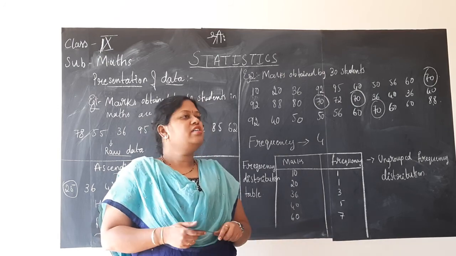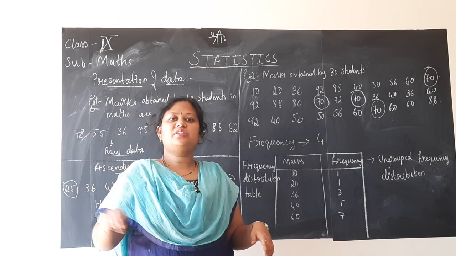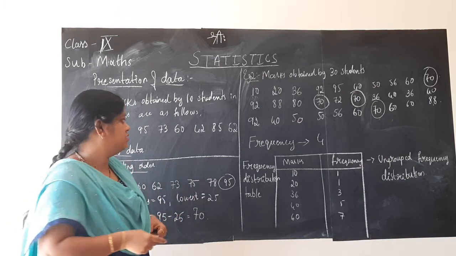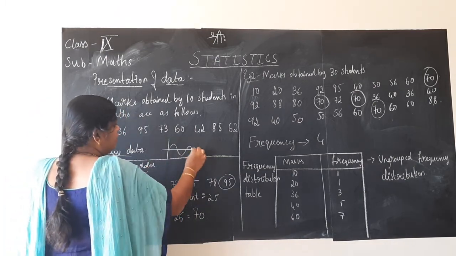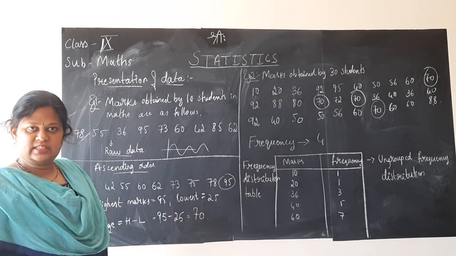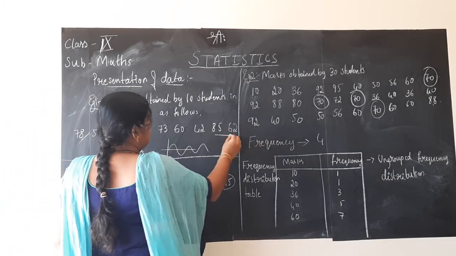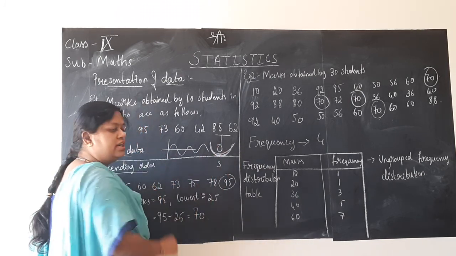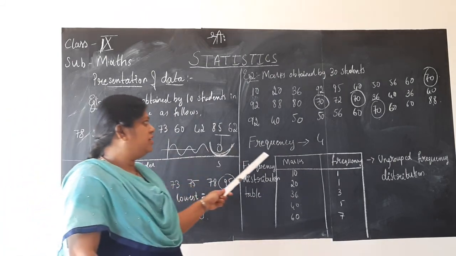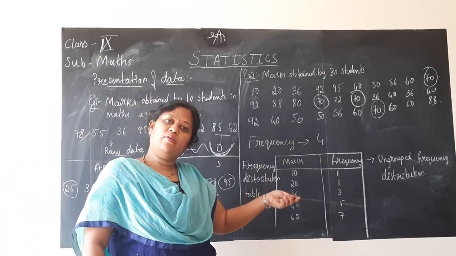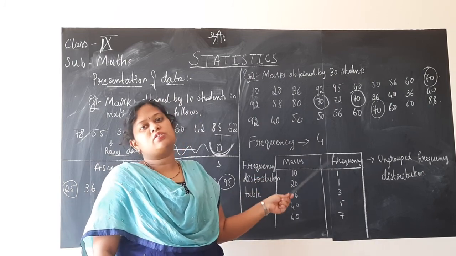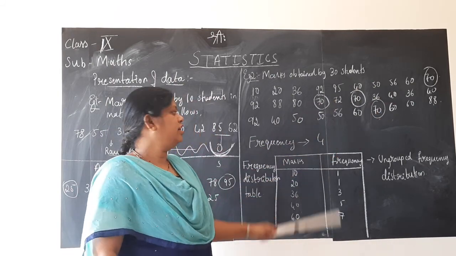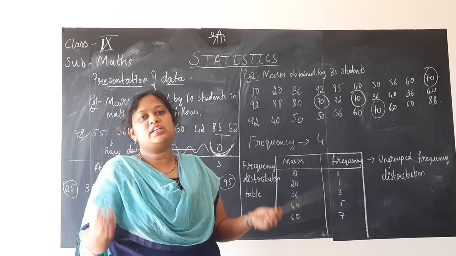You have studied in physics also, the number of oscillations made in a second is called the frequency. In some chapter you have studied about sound waves. The number of waves produced in a second is called its frequency. If you consider an oscillator, the number of oscillations made in a second is called its frequency. Here also, children, the number of times the given score or data is repeated is called its frequency. That's it. Now, how many times is the mark 70 repeated? 4 times, which means the frequency of 70 is 4.